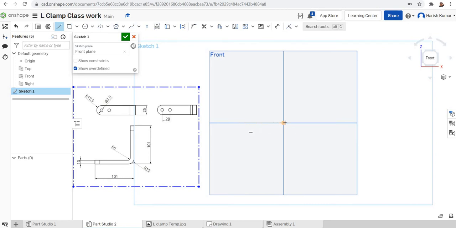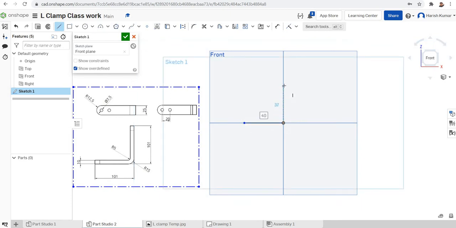I move here, here, here, here, and here. Then click there, and finally finish it. So the L shape is almost finished now.